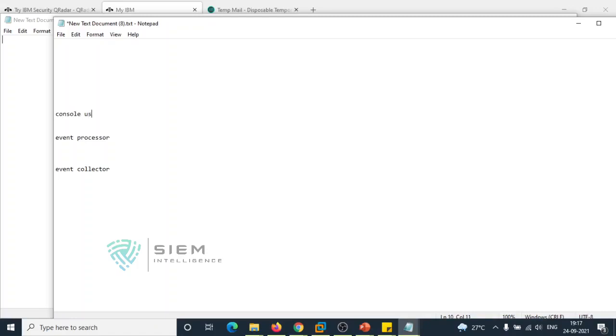That is what is called the user interface. Got it? First is the event collector, then the event processor, then the console, that is the user interface. Sometimes you can call it the master console, the user interface, or the admin console, anything. So this is for events, that is for logs. At the same time, there is an option for everything on the network, that is the flow processor. And there is also something called the flow collector.